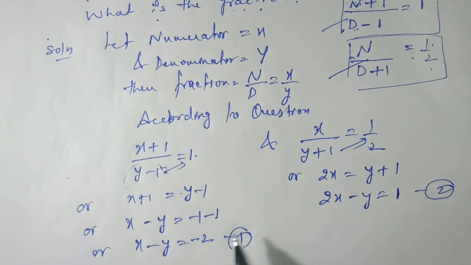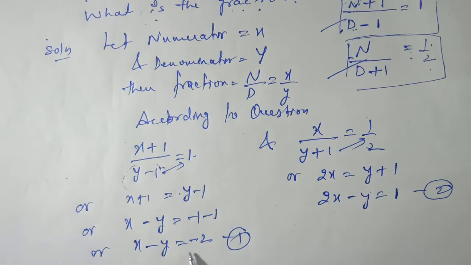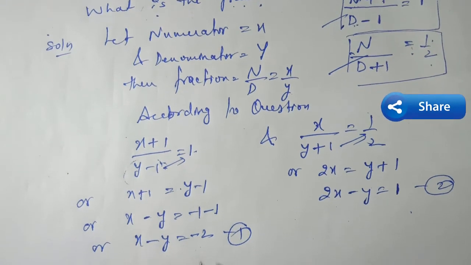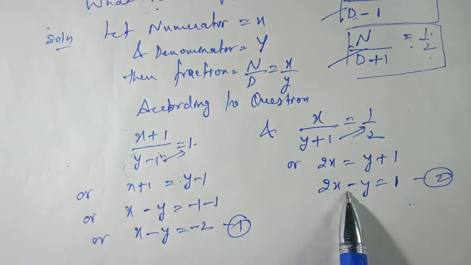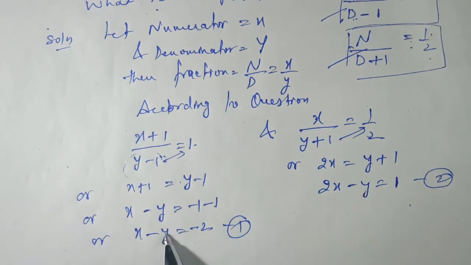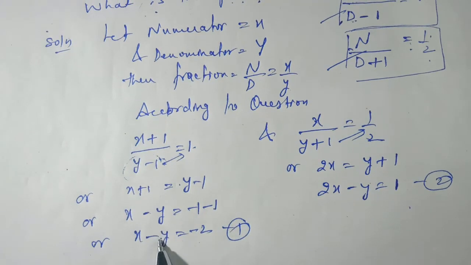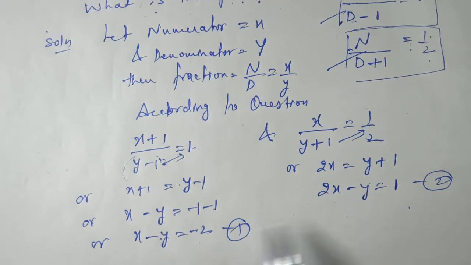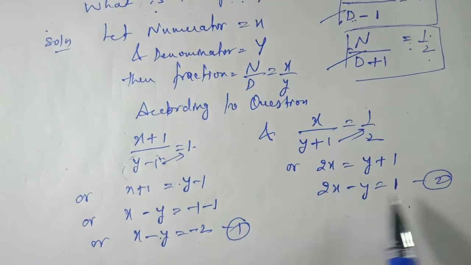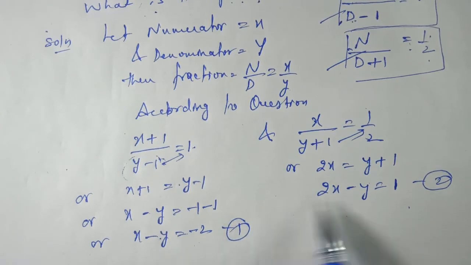Whenever we have to solve any word problem and you get two equations, always use the elimination method. This is the fast calculation method and no mistake is done in it. So over here I am using the elimination method. Out of these two equations, let us find the variable which has the same coefficient. In the first the coefficient of y is minus 1, in the second also the coefficient of y is minus 1, so no need to multiply either equation by any number. We are going to eliminate y.